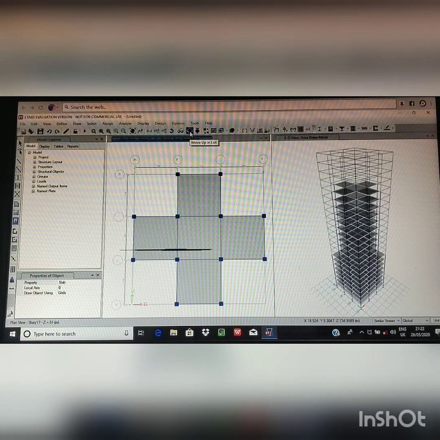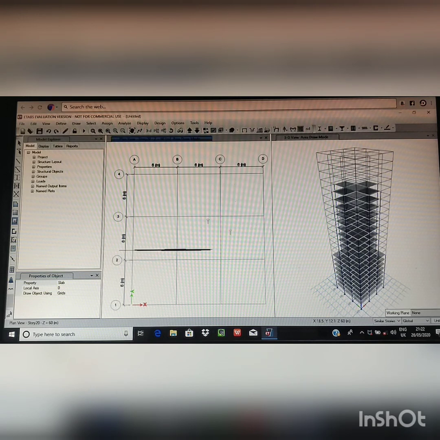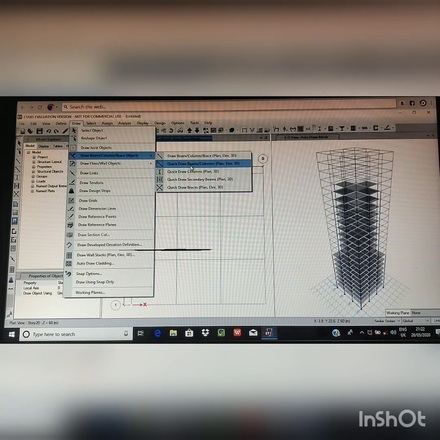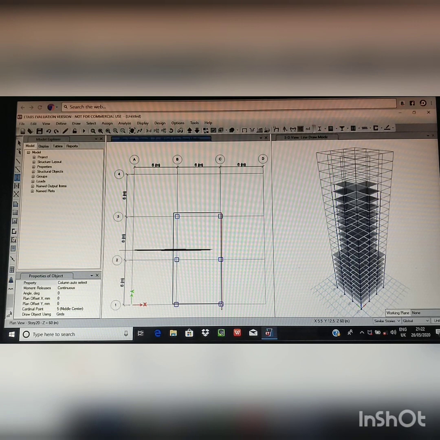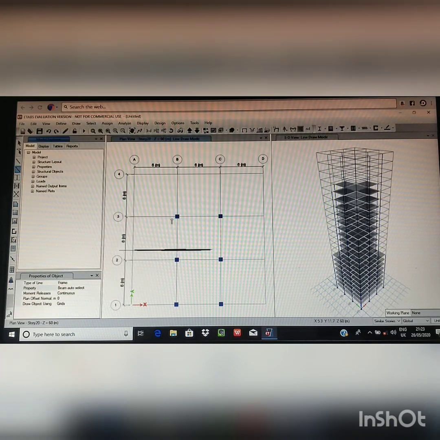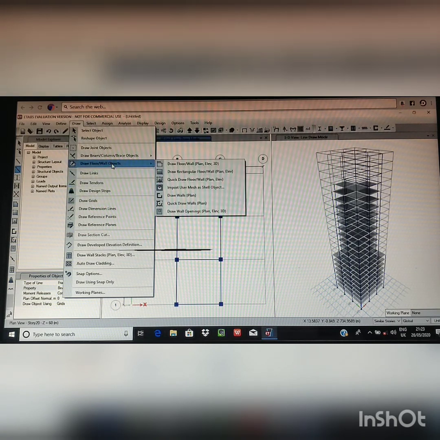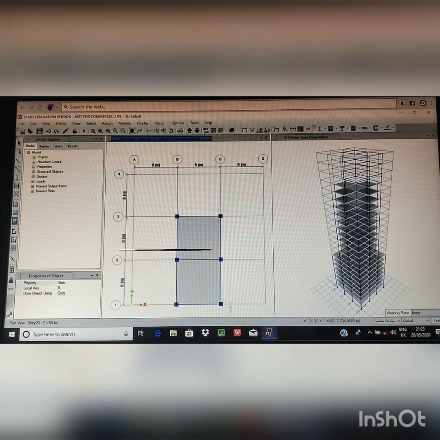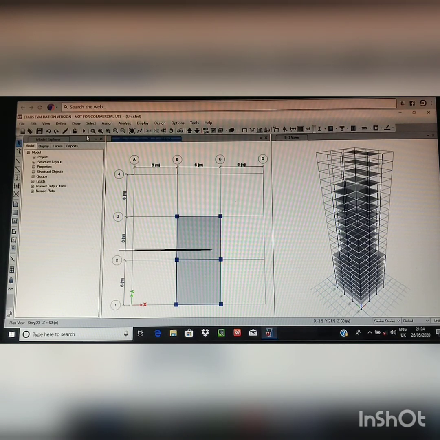Now go to story 20. So beam, column and slab are drawn in all the stories as per design.